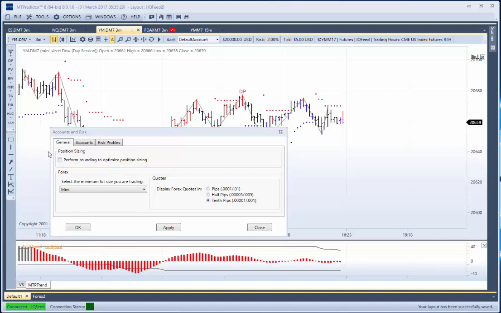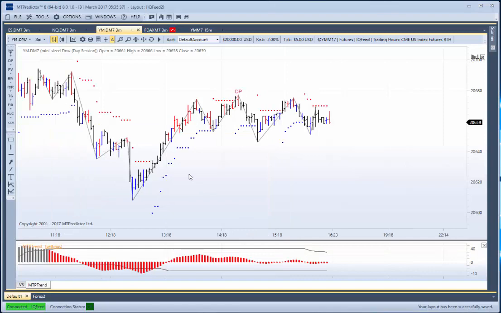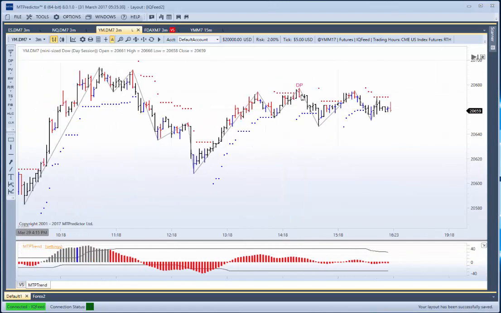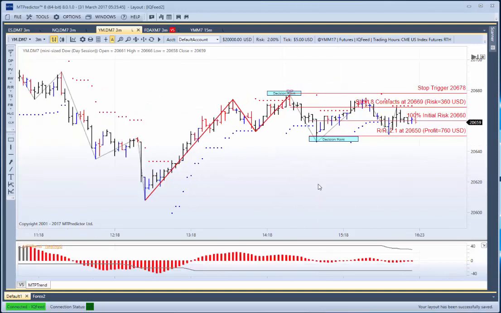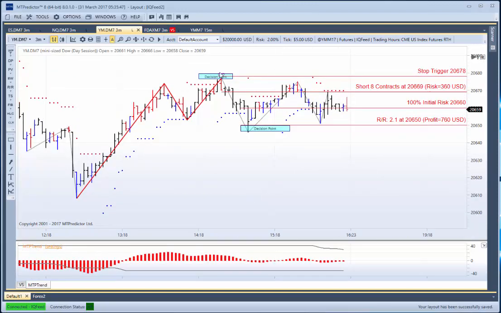In this help video, I'd like to look at what performing rounding to optimize position sizing does in the accounts and risk section. So I'm just going to close this off for a second, and you can see we have a trade set up here. If I right mouse click and place the analysis on, you can see that that gives you a short trade of which the